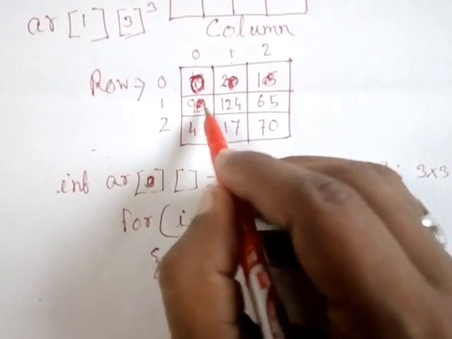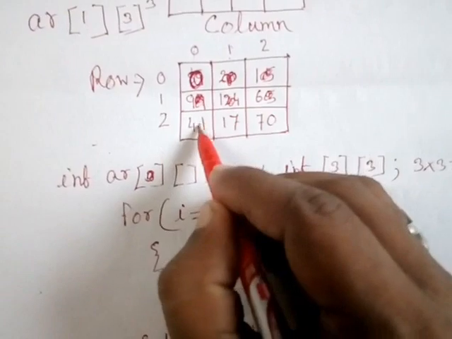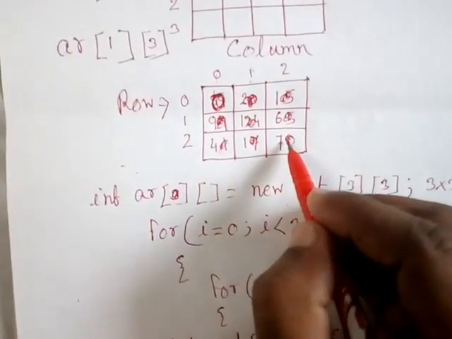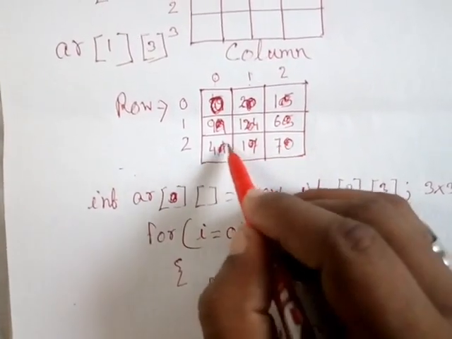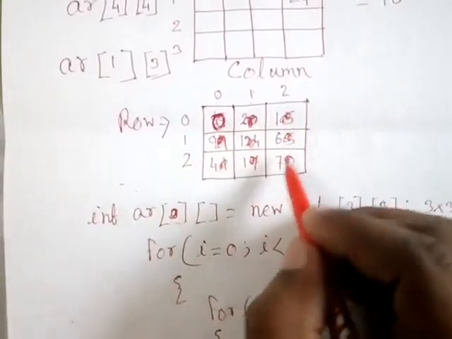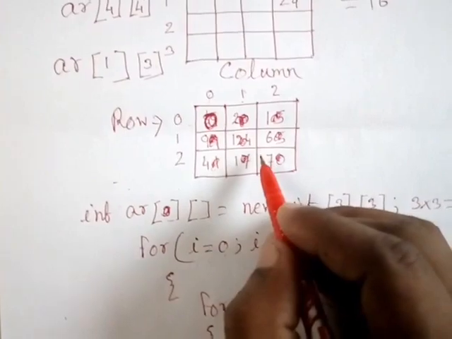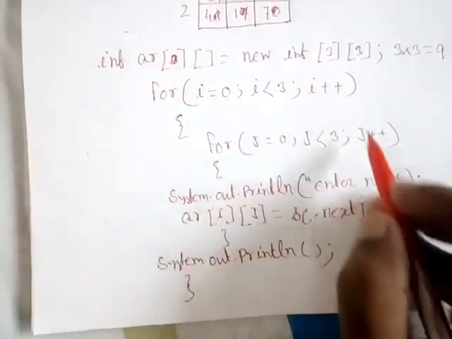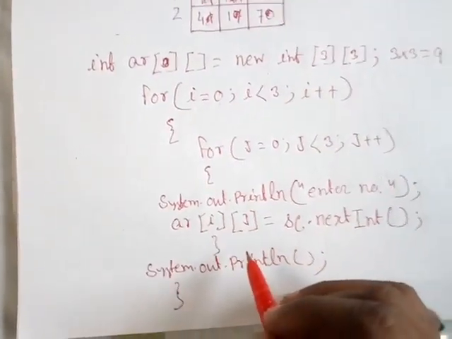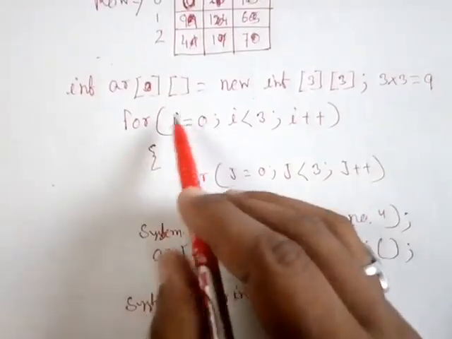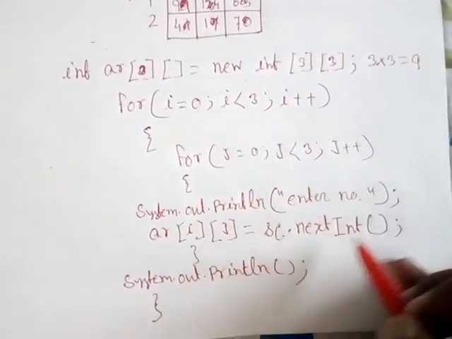Now one by one, in this position, and this position, and here also, one by one, all those values will be stored. I hope that you have understood that concept, how those values will be stored. So in this way, we are going to insert the elements in the 2D array, or you can say in the two-dimensional array, by using this nested for loop, isn't it? For loop you already know, you are well versed with this for loop. So now I hope that your problem has been solved.